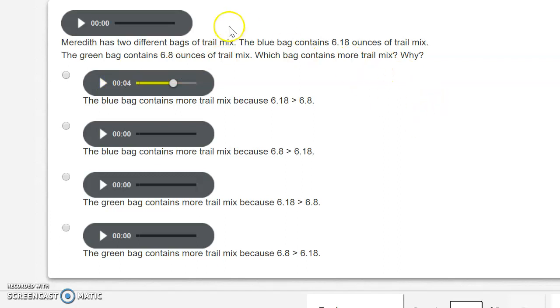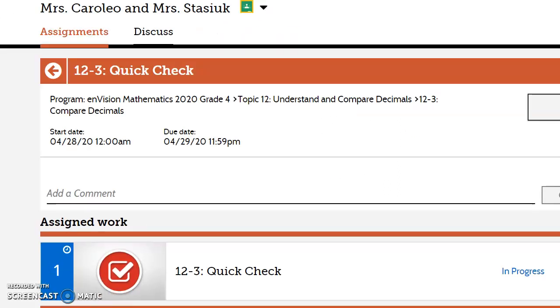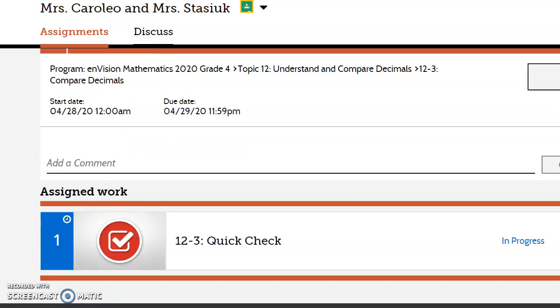Okay, so if I go back and I exit, there would be other assignments under here that you're going to be working on each day. Okay, and once you submit and once you're done with that, then your teachers can look at it and help you with anything that you needed help with, or look at how many you got correct and what you're able to continue to work on. Okay, boys and girls, so